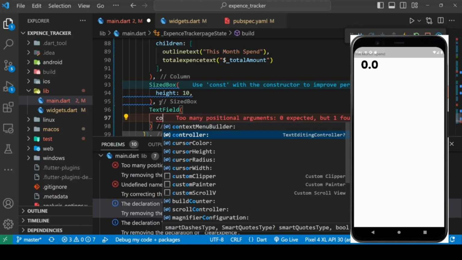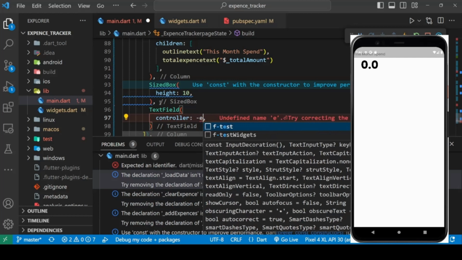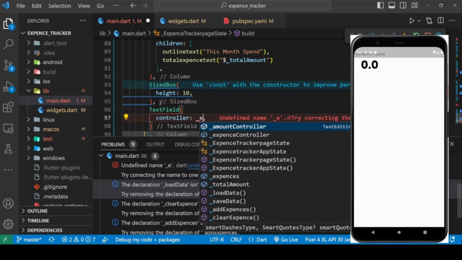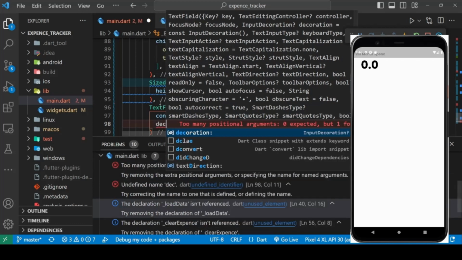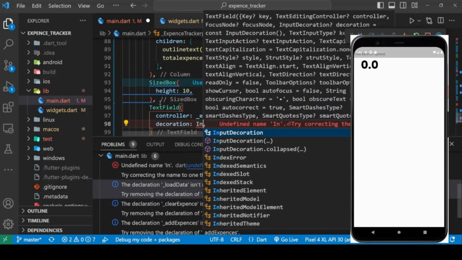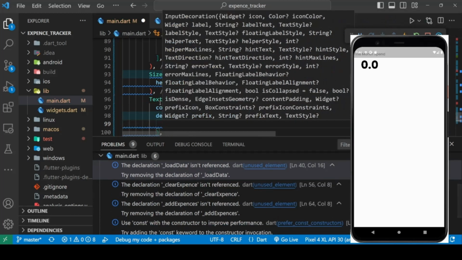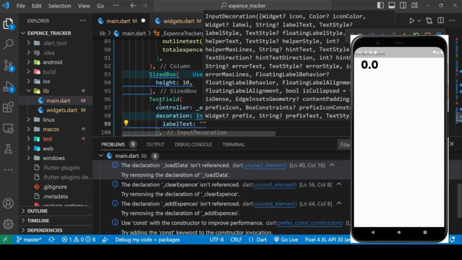So inside the text field, I'm calling the controller, which is expense controller, and we can also give a decoration over here. Inside decoration, I'm calling input decoration, inside which I want a label text as expense,